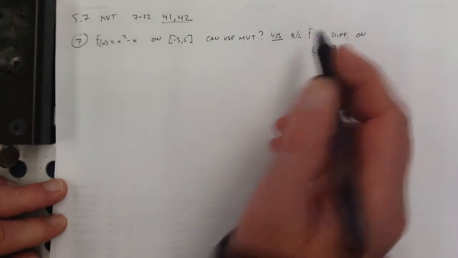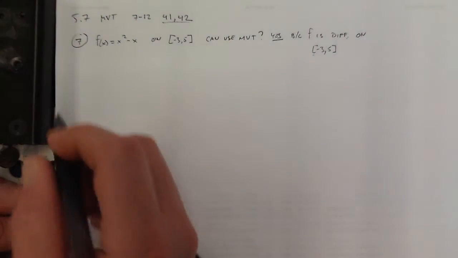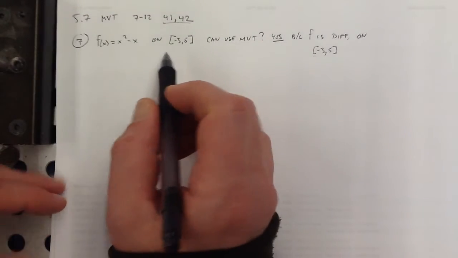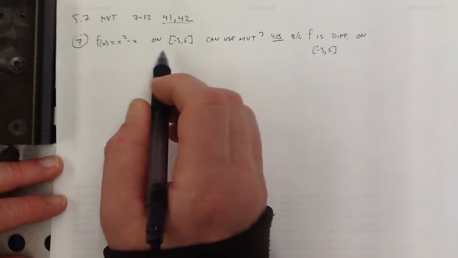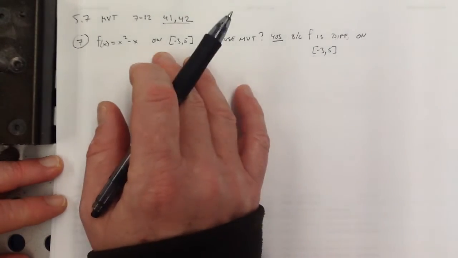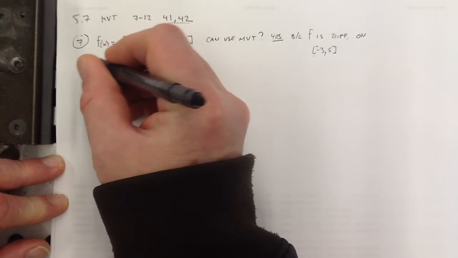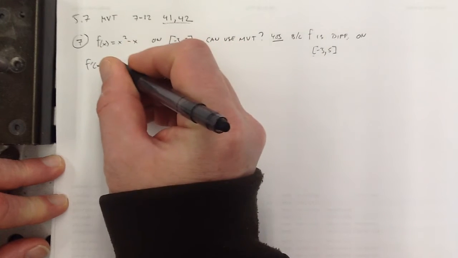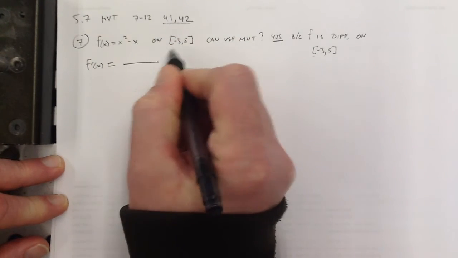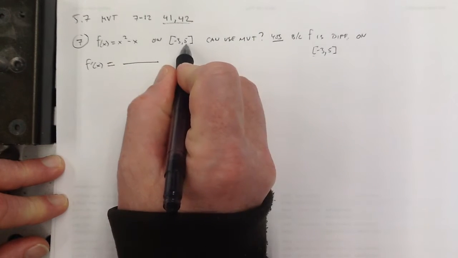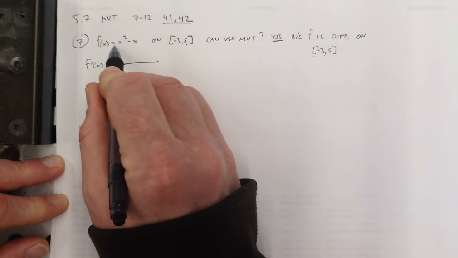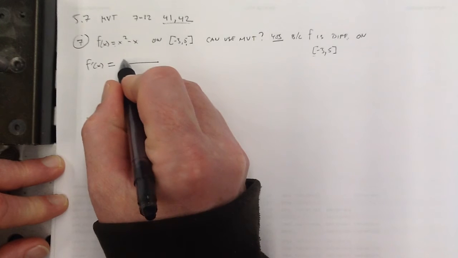Okay, so can we use it? Yes. So if you can use it, what does the mean value theorem say? It says that the derivative has to equal the average slope at some point in the interval. So f prime of x must equal the average slope, which is rise over run. So look at the 5 in first. That's 5 squared minus 5,